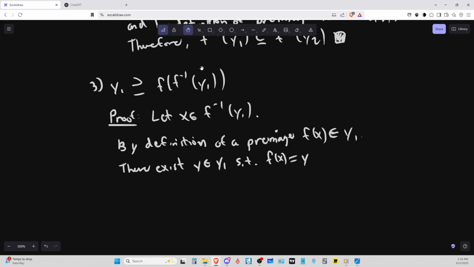No. Should it be all y? This is why I'm doing this, because even though I saw it last night, I don't want to look at what I wrote in my notebook. So we have there exists y, which is an element of y1 such that f of x, no, because then basically